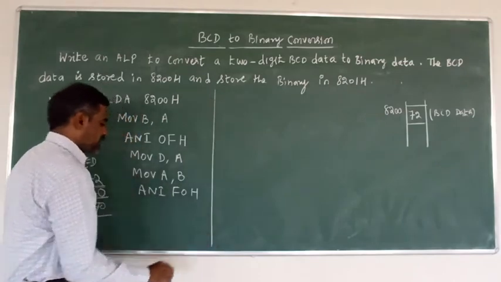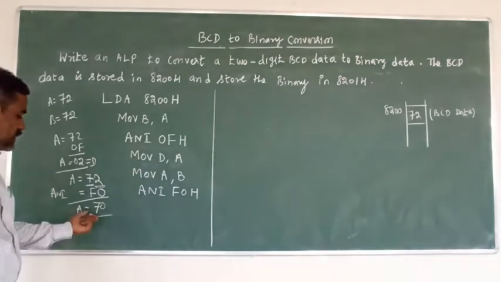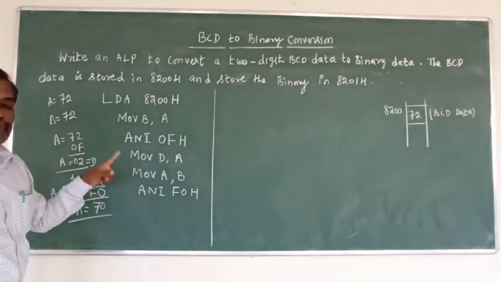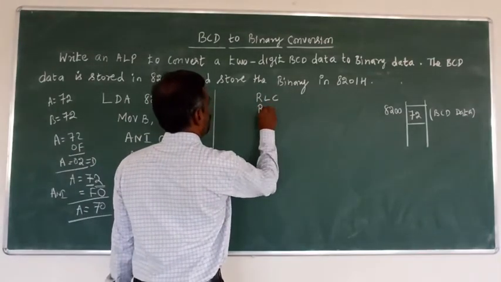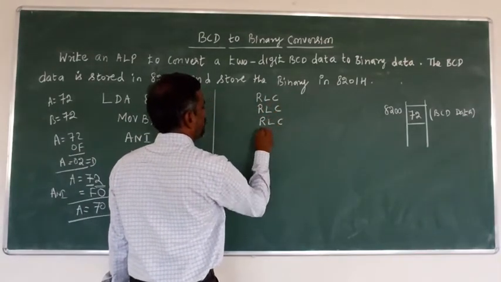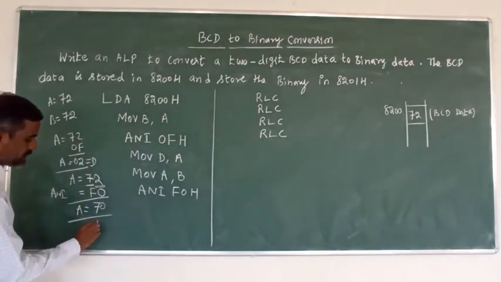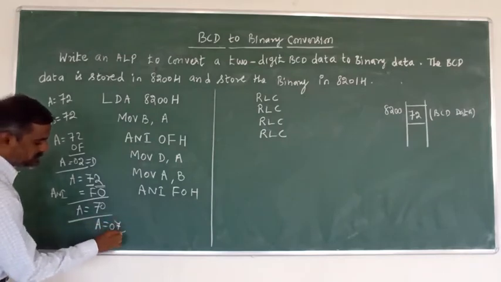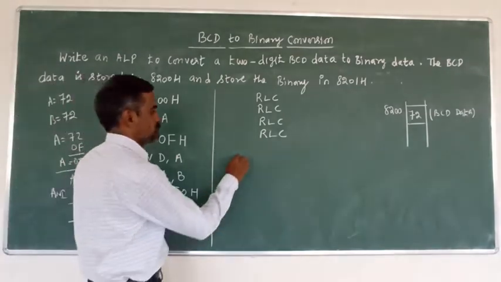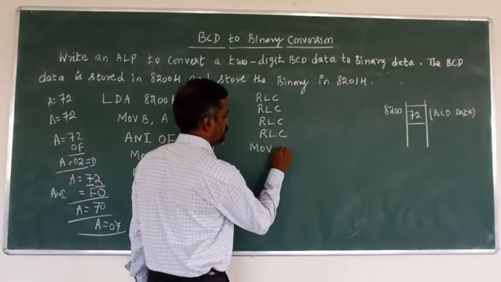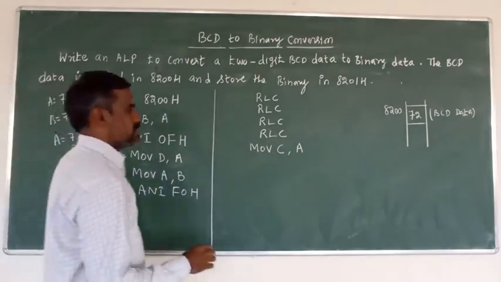Okay. Now this accumulator result is 70, but we require 07. For that, we have to rotate the accumulator result 4 times. We can use RLC 4 times: RLC, RLC, RLC, and RLC. After 4 times RLC, the accumulator result is 07. This 07 data is temporarily moved to some other register, suppose the C register: MOV C, A. Now the C register